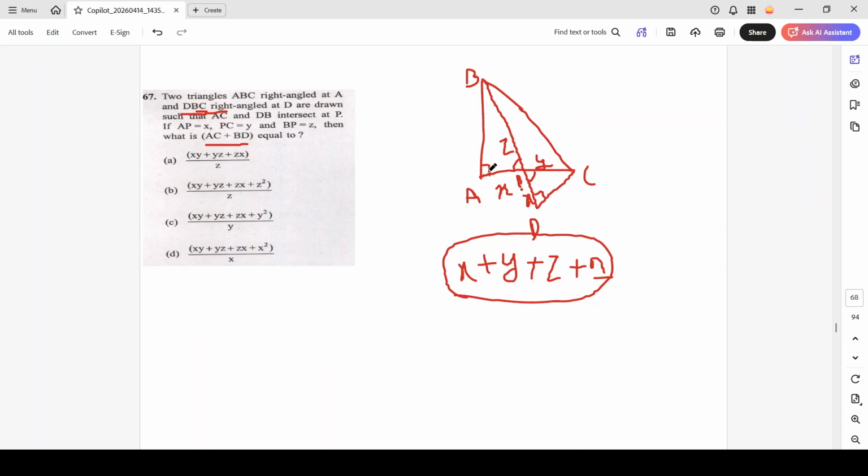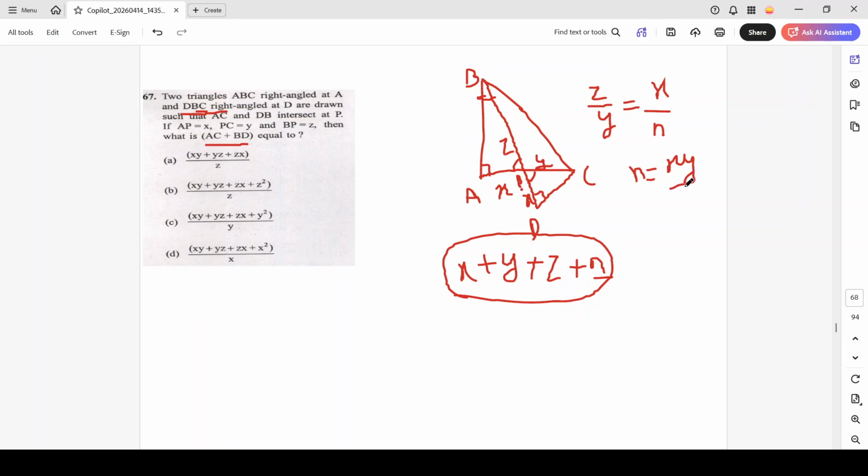Now in front of N we have Z, in front of 90 in this triangle we have Y. In front of this angle we have X, and in front of this angle we have N. So from here the value of N is equal to